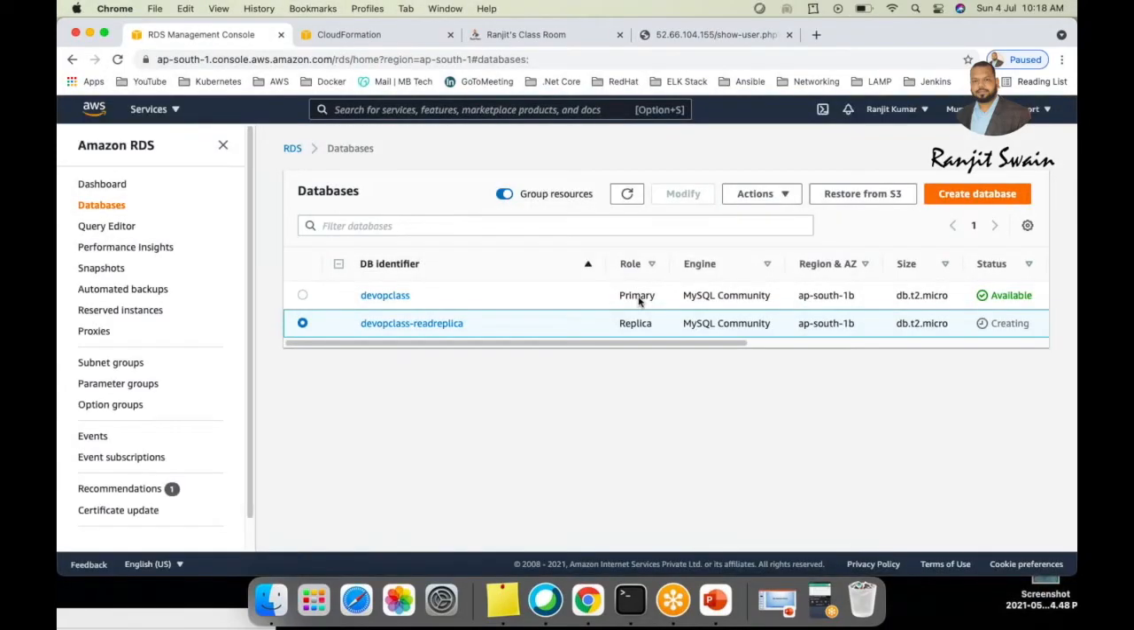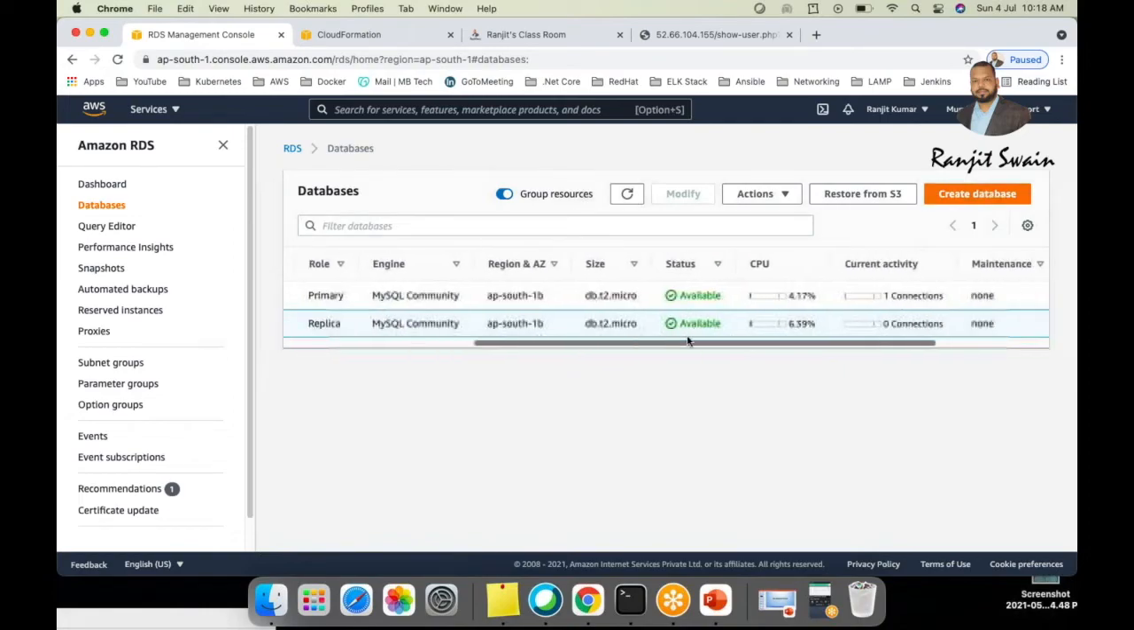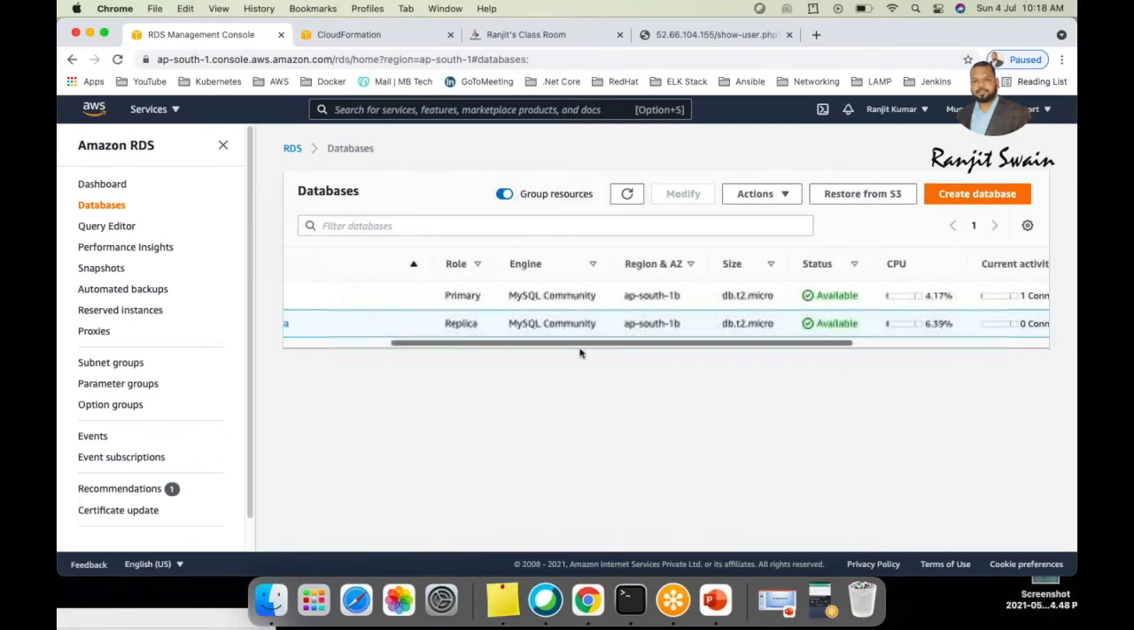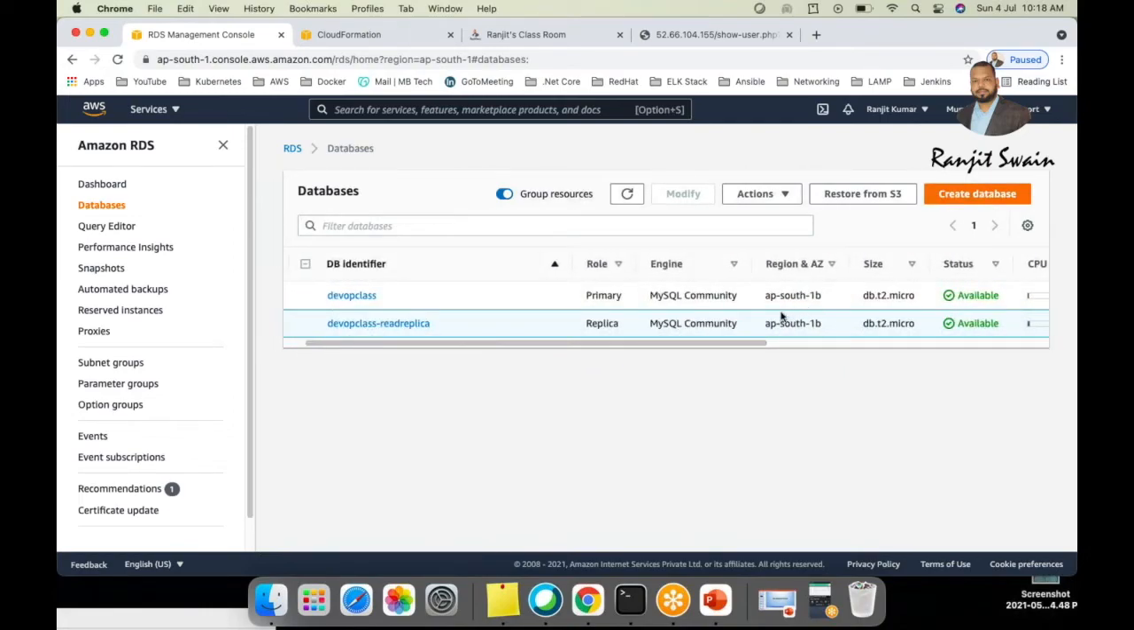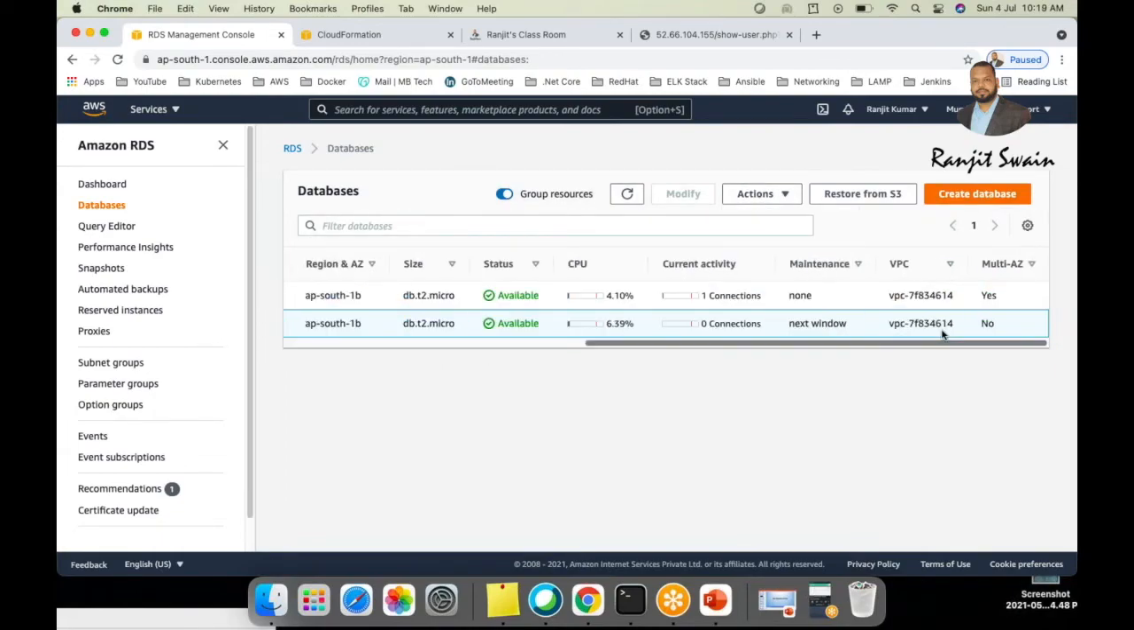Okay. Yeah, so here there's no binding. Here it is binding. And here you can see, the read replica is now available. Okay, so what we can do here, simply let me first go here and select and go here, action, maintenance,